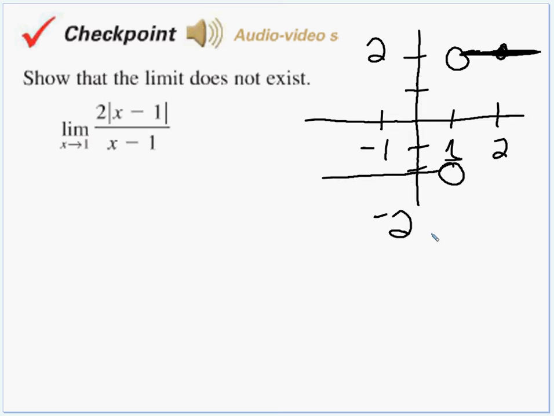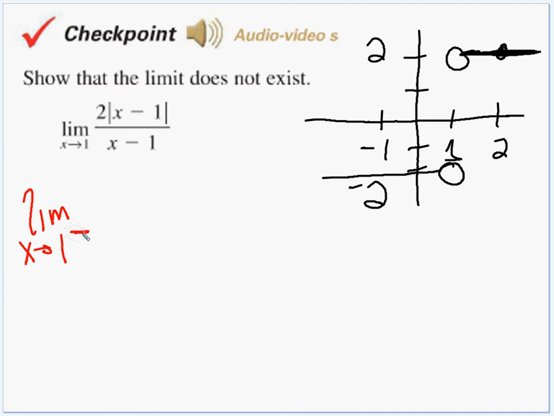We got another hole in the graph. Oh, yeah, this is -2. I guess I shouldn't have that down so far. There we go. And then we could write, with all our notation, the limit as x approaches 1 from the